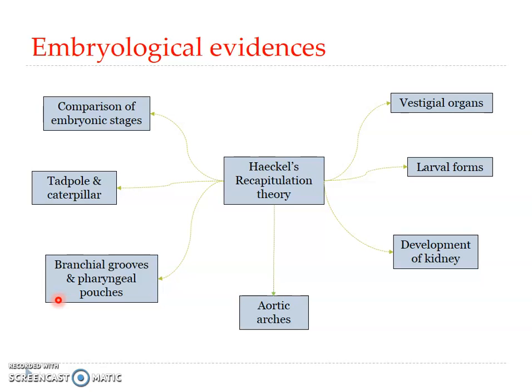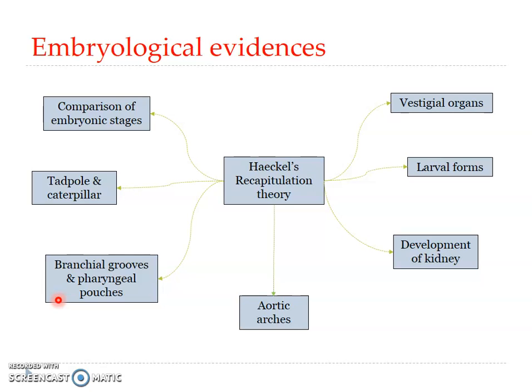So I hope it is clear. On the pharyngeal wall, from inside, pharyngeal pouches develop, and from outside, corresponding to these pouches, branchial grooves develop. These pouches and grooves meet together and then develop into the gill cleft or gill slit. And these gill slits open the pharynx to the exterior of the body. As water passes through the gill cleft, it bathes the filamentous and vascular gills found on the walls of the cleft.